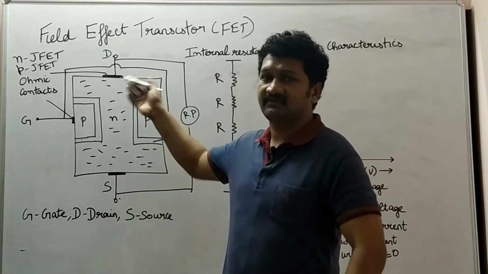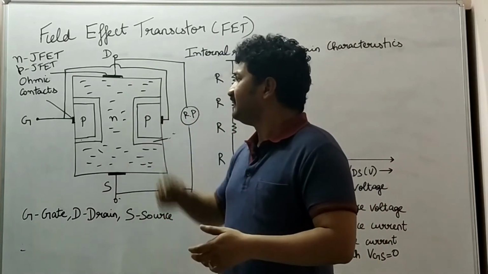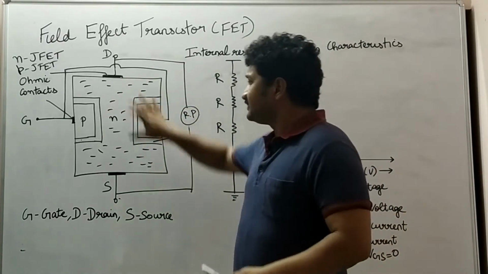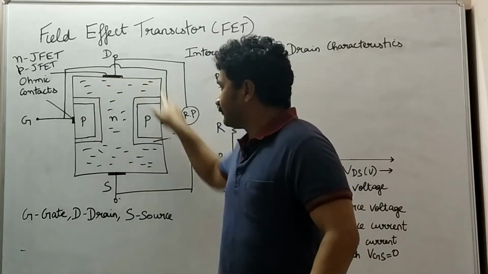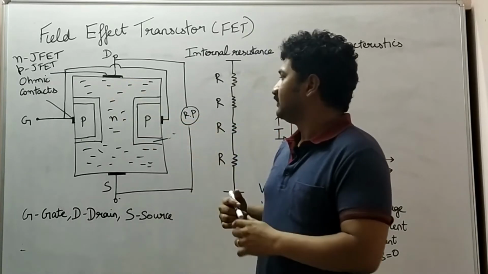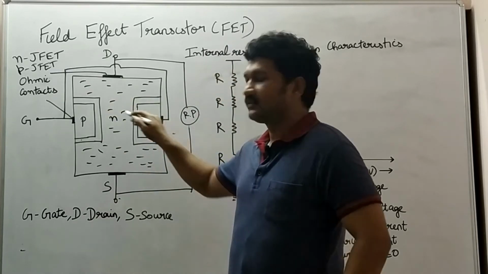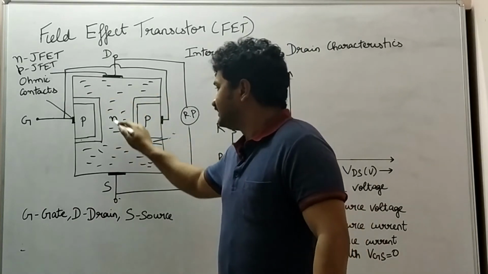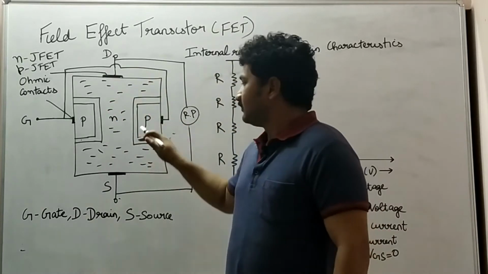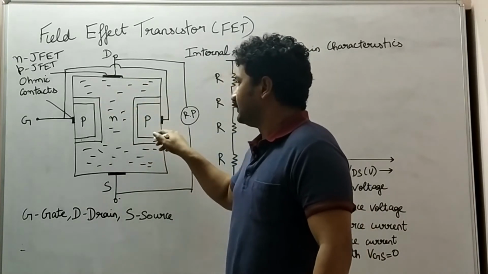Now I am going to discuss it with an analogy. Many students find it difficult to understand the concept of the field effect transistor. I hope this analogy will make it simple. Imagine this entire box as a lab, a room. These P layers are gates, and this full N channel is scattered with many mice, sitting all around here with the gate here.